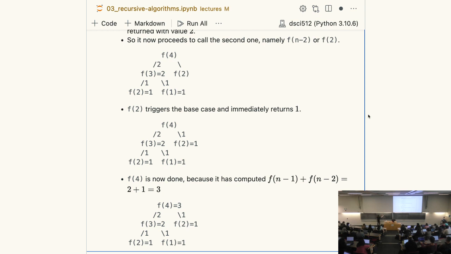We want to count the total number of these, okay? So here we have 1 node, right? In this level we have 2 nodes. In this level we have 4 nodes. In this level we have 8 nodes, right? And this is just 2 to the power of 0, 2 to 1, 2 to 2, 2 to 3. And this is a geometric sequence, right? And if you want to compute the sum of a geometric sequence, it has a formula that you can look up. And for example, if we go all the way up to